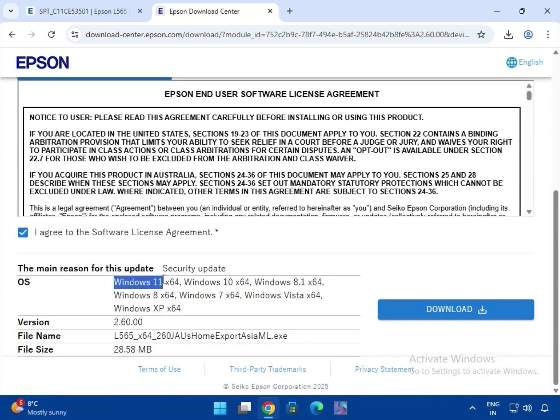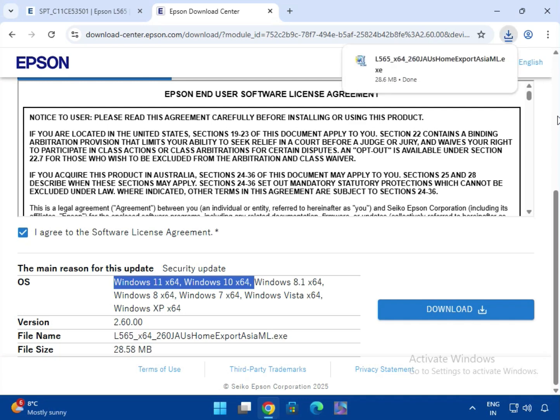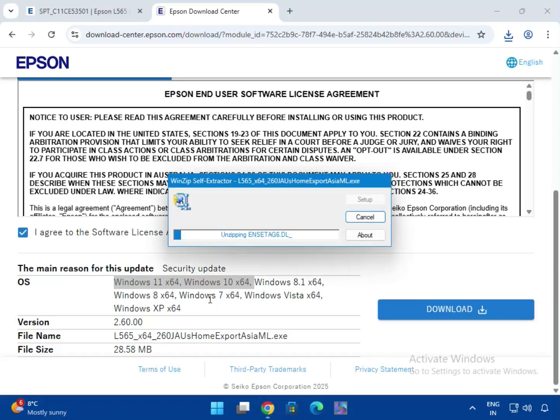So you can see Windows 10 and 11, 64-bit, both are working, and click to download. After that you can see it will start downloading. So it completed, then just single click to open. After that click yes,